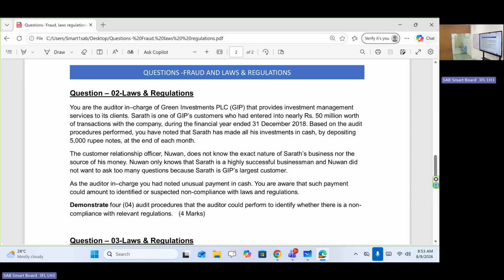So here, first of all, you have to understand the nature of transaction. Okay, so the transaction has been explained here in the given scenario. So what is the first audit procedure you have to perform? You have to understand the nature of transaction. Okay, so what is the nature of transaction here? You can't just write the nature of transaction. That's a straightforward question. You have to read this scenario and you have to write. Okay, so nature of transaction, write the answer. Number one. Auditor should understand why